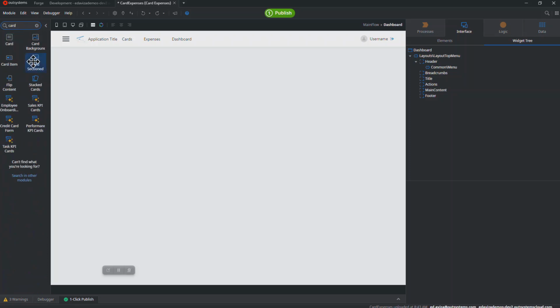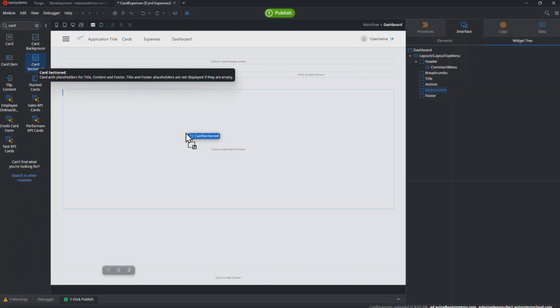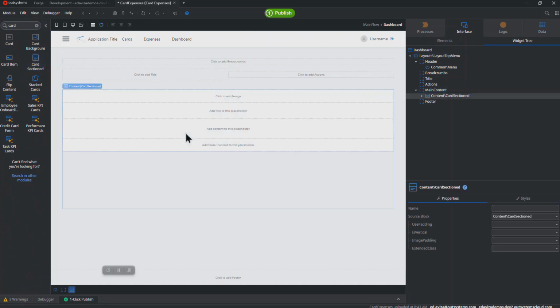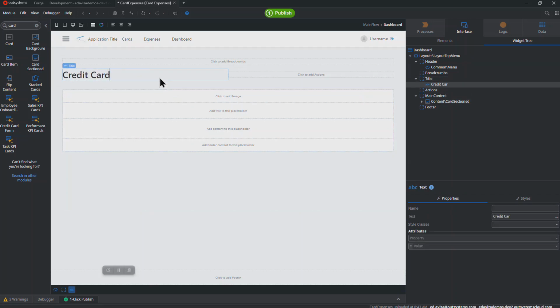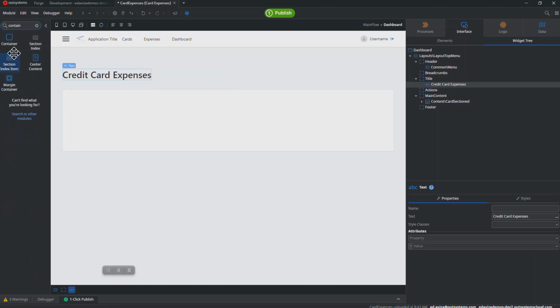Now what I'm going to do is I'm going to select a card sectioned item or object or widget, and what it'll do is you'll notice the light blue highlights will show the structure of the screen. This is based on the UI templates. The templates can be customized, so you can create templates that work for you and whatever kind of design you'd like to create. In this case, I'm going to put a title in here, and in that card sectioned widget